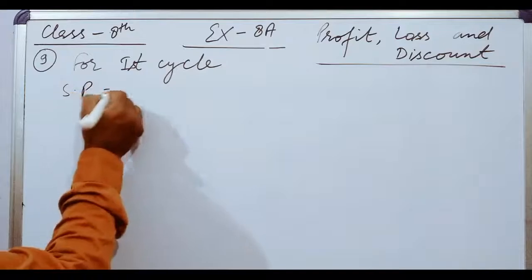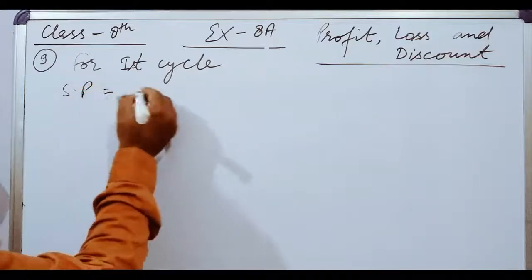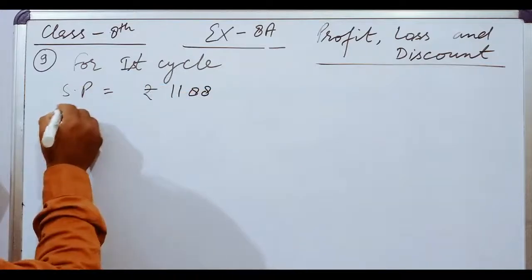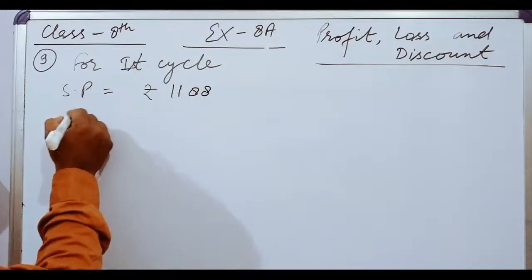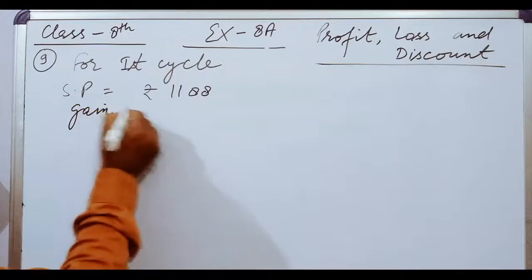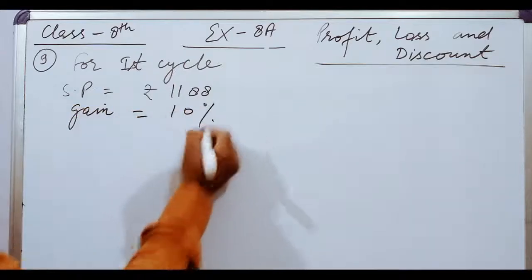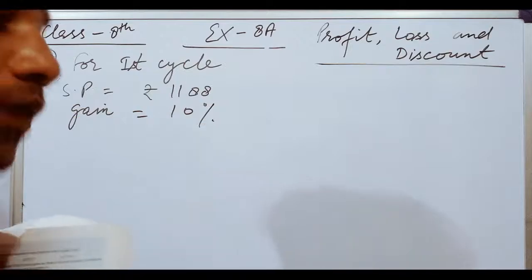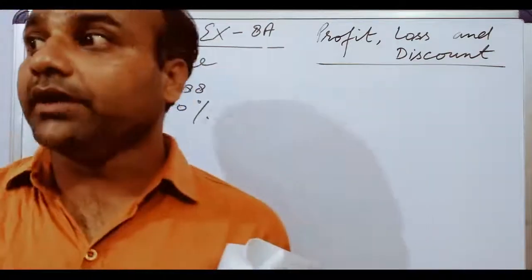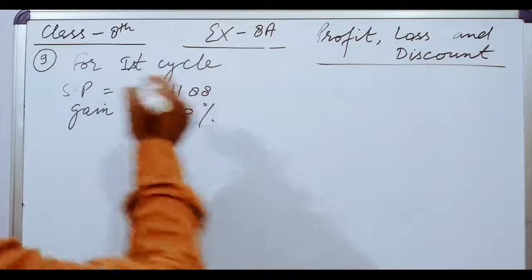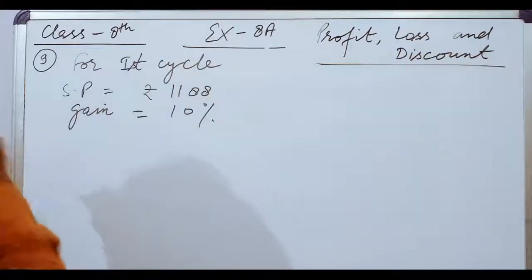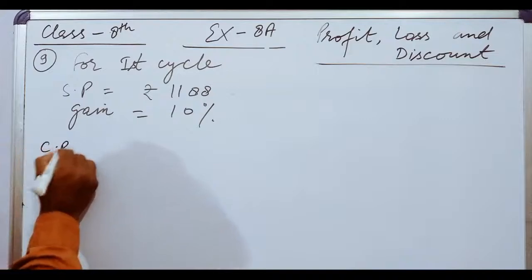SP of each cycle is given as rupees 1188, and the gain percent on the first is equal to 10%. So we have to find the loss percent in the whole transaction. That means we know SP and we have to find the CP for the first cycle. CP equal to